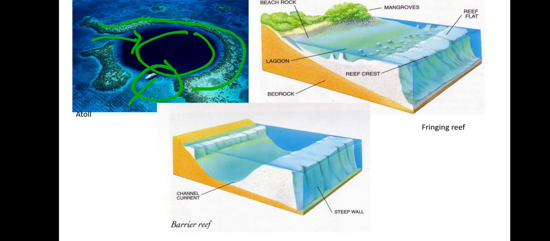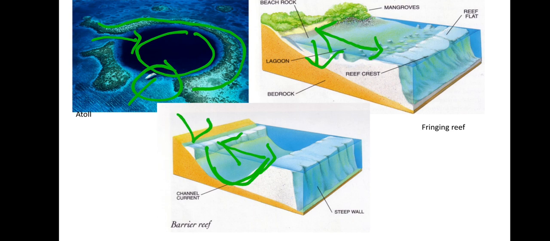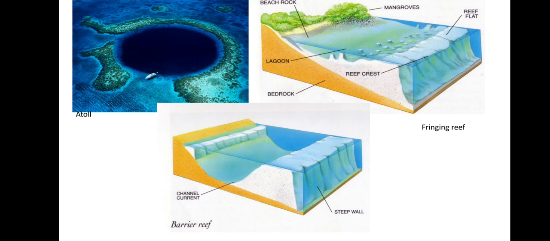Okay, see the fringing reef. If you recall, I told it is a shallow water body. So there might be mangrove plants and all. See, very shallow, depth is very less, and this distance is some 50 to 100 meter only. Whereas in case of barrier reef, it is forming a deep channel, and this is half mile to 10 mile distance gap between the landmass and the reef. Okay, so these are three different types of reefs that are present.